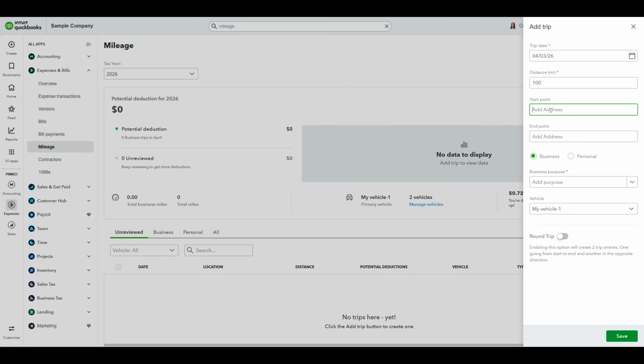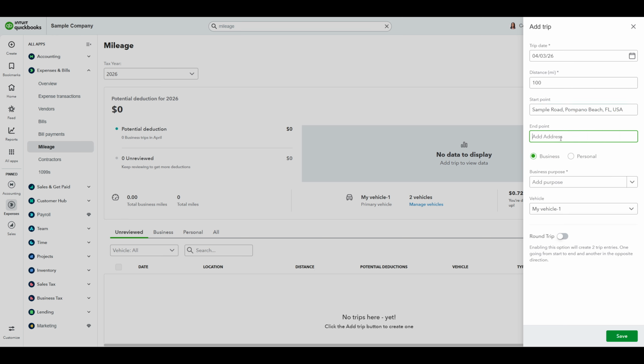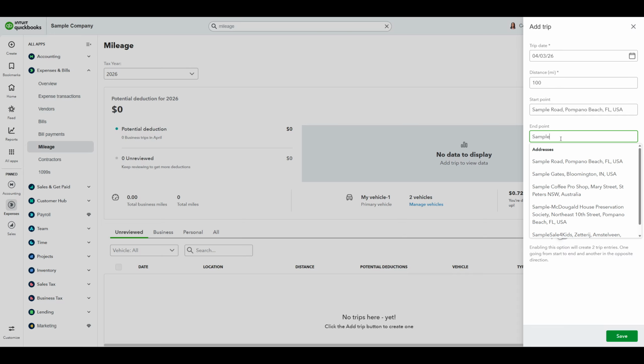Then, fill in the start point and end point. Use clear addresses or location names to make your logs easy to understand later. Next, choose whether this was a business or personal trip. As a general guideline, business covers travel directly related to your work, like visiting clients or job sites, while personal